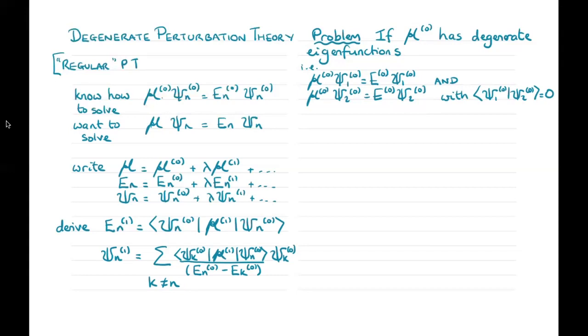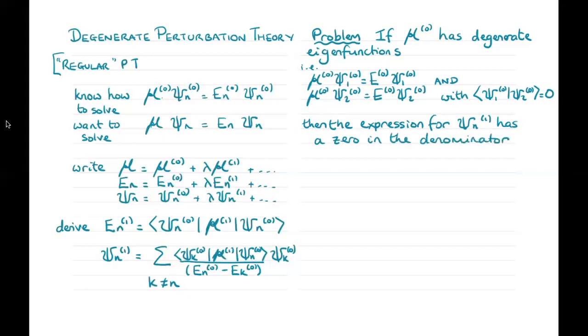And we can see very straightforwardly then the equation for the first order correction to the wave function simply can't be used because it has a 0 in the denominator. At first glance, it looks like one could still calculate the first order correction to the energy, but that turns out also not to be true,